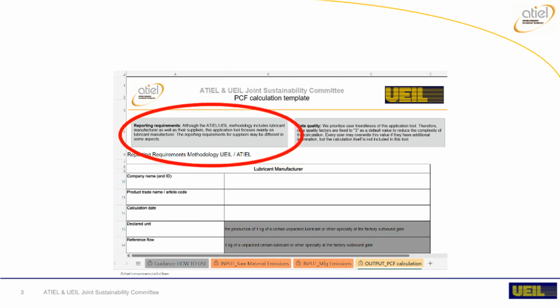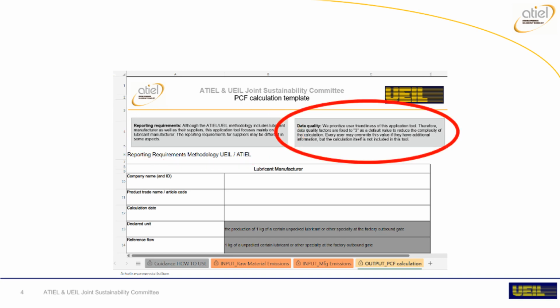Although the ATIL/UAIL methodology includes lubricant manufacturers as well as their suppliers, this application tool focuses mainly on lubricant manufacturer. The reporting requirements for suppliers may be different in some aspects. We prioritize user-friendliness of this application tool. Therefore, data quality factors are fixed to 3 as a default value to reduce the complexity of the calculation. Every user may override this value if they have additional information, but the calculation itself is not included in this